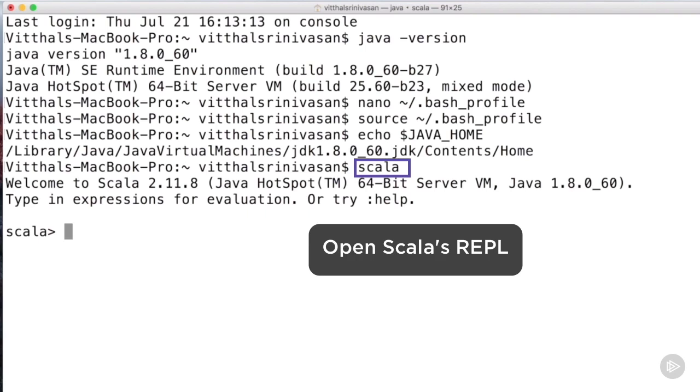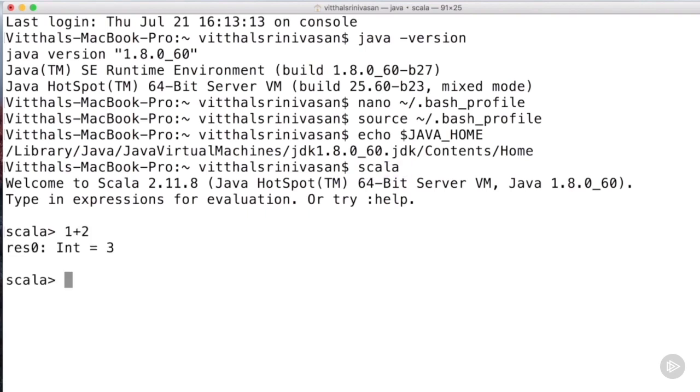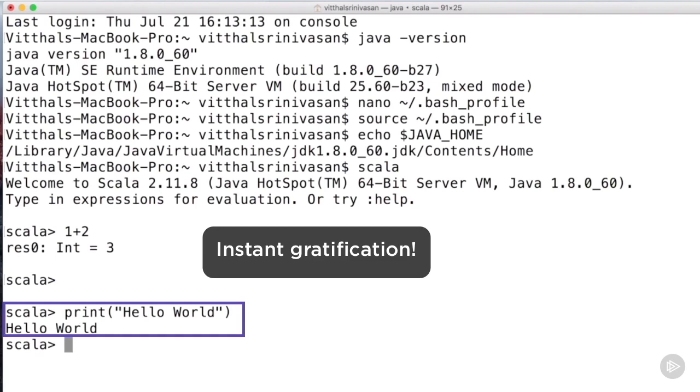You can see that I first type the expression 1 plus 2 and the result is instantaneously printed to screen. That's 3. I print the string "hello world" to screen, and that is that. We have successfully written our first little Scala commands. Scala's REPL is awesome for entering commands one at a time. It also has a paste mode which you can use in order to copy paste a large number of commands at one go. And once you're done, you quit using the command :quit.